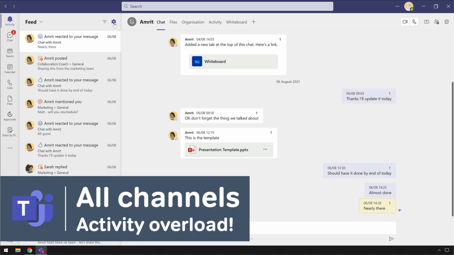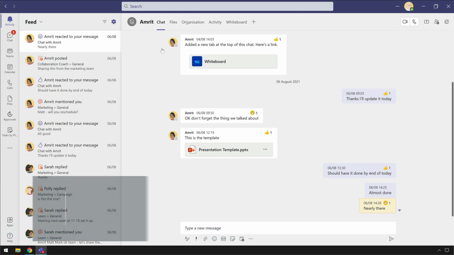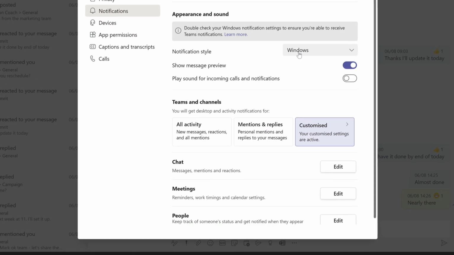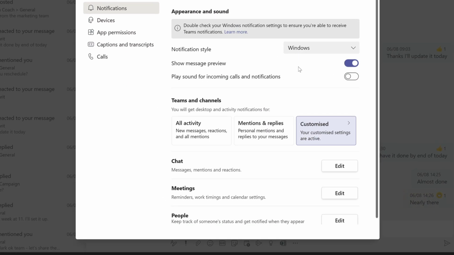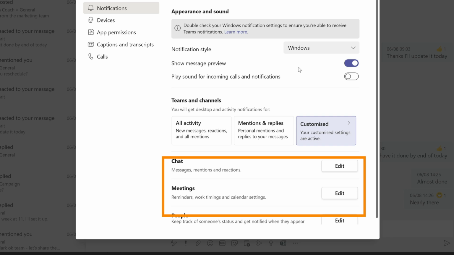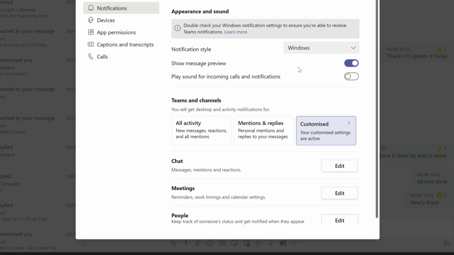So now that's turned off, we can concentrate on the other notification settings in Teams. You'll notice on this page, I can also apply settings to all the channels in Teams from this Teams and Channels section. First, I want to make sure that it's set to customize. That way I can control which notifications I see. This option on the left, all activity, means that I see everything that happens in Teams. All messages, reactions, and replies. And that really would be activity overload, so I don't want that.